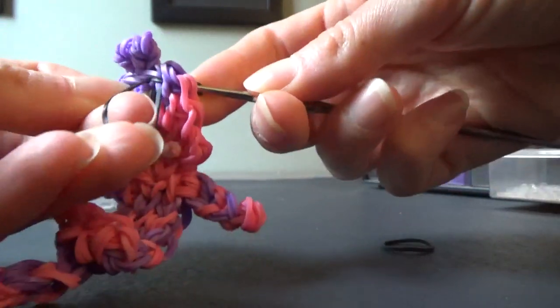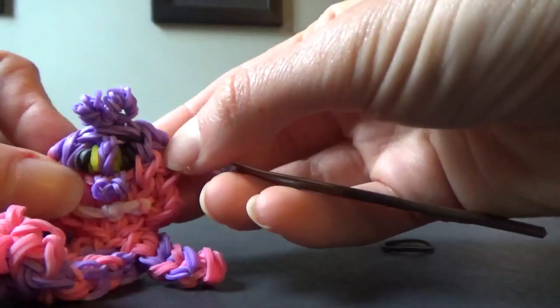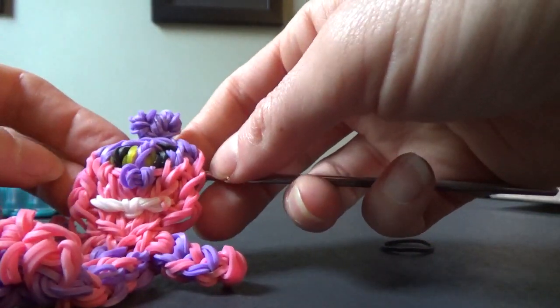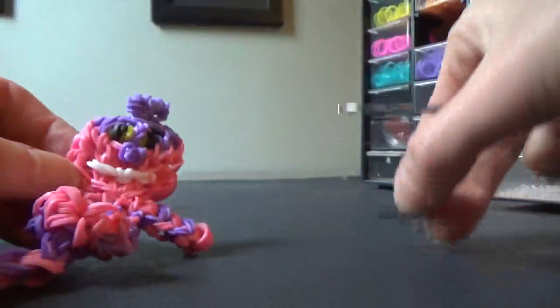Grab the other side of this, bring it back through. And that can go onto a C-clip, and you're going to repeat that on the other side. Again, you could also put them onto a band there. For the